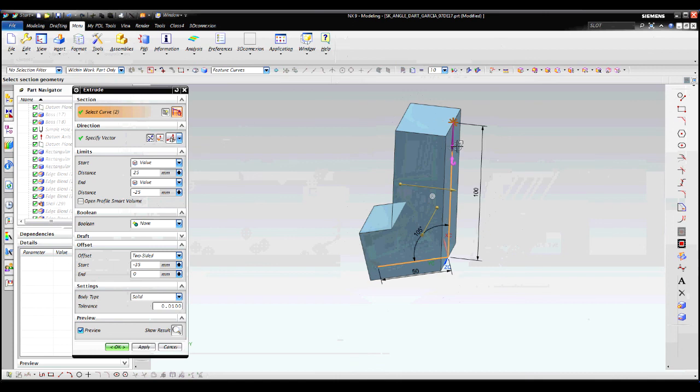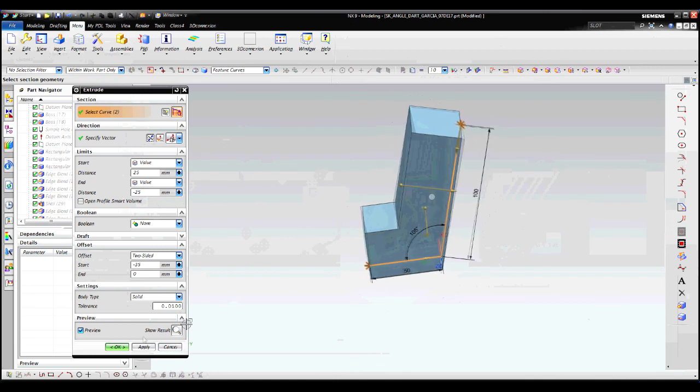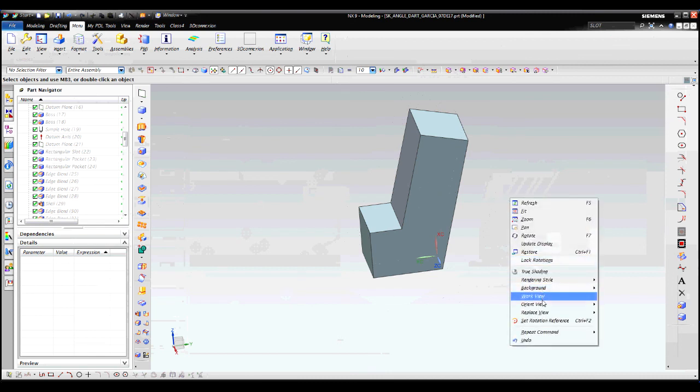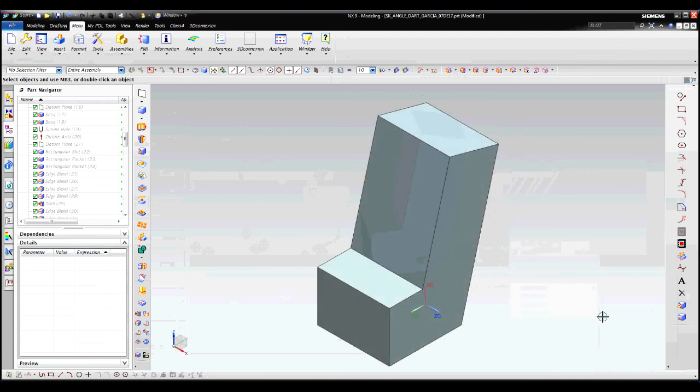You can see that the extrusion is going in the proper direction. We accept it. We replace the view, make it the isometric, and I guess that's what we're going to do for this particular video. I encourage you to watch the next videos